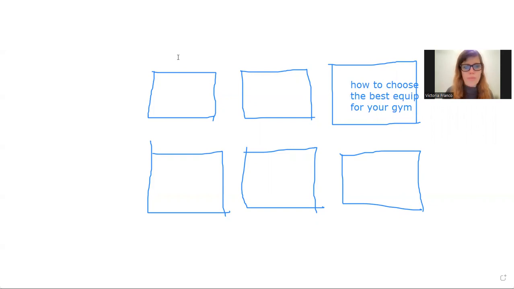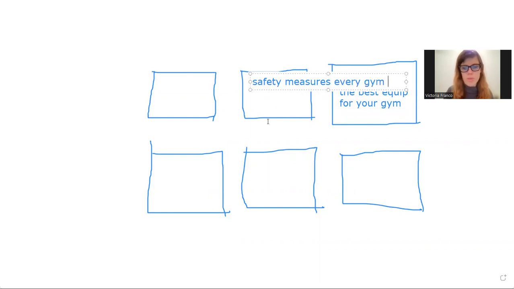Then you can have another one that is safety measures every gym should have, or every gym should follow.